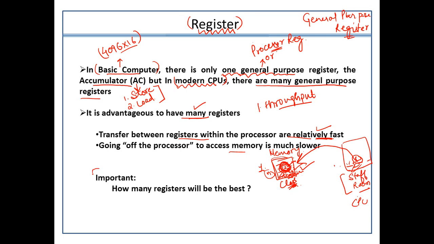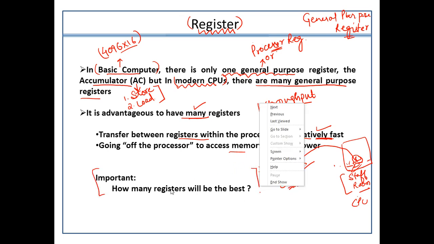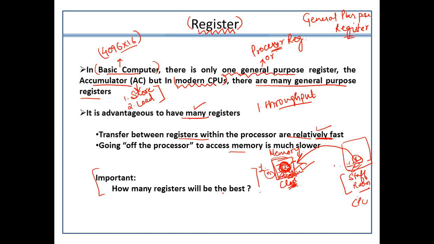So here I have added this question for you all. Why and how many registers will be the best choice for modern machines? Is there anyone who can answer this? How many registers? We will discuss it. Otherwise, the answer is already lying here in this entire thing only, right? I have already discussed this also. But again, I'm expecting that you should also think about it. It is a very important concept, how many registers would be present within modern machines.